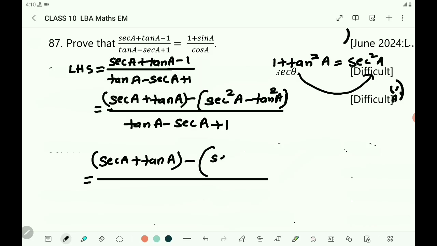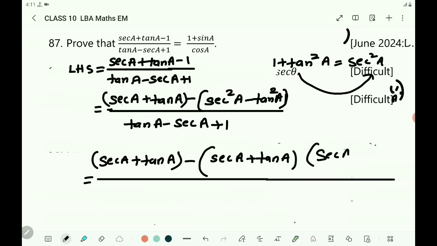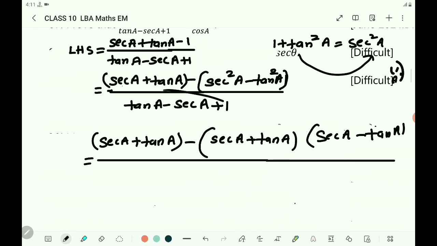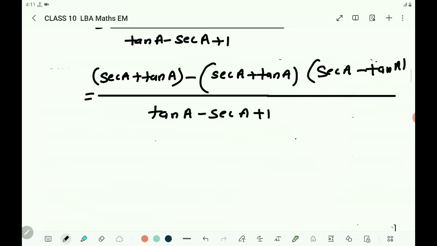So you write secant a plus tan a into secant a minus tan a. Write this denominator as it is, tan a minus secant a plus 1 equals,